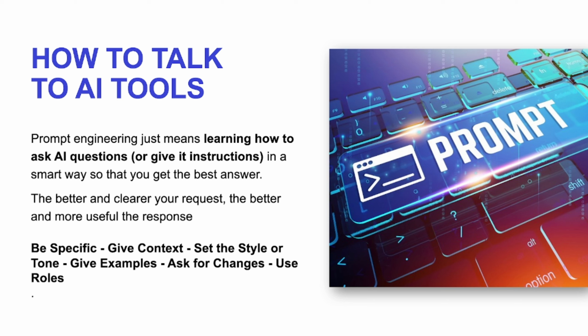You should also set the style or the tone. Tell it how you want the content to sound. You want it to sound professional, you want it to sound friendly. You tell it. These are the details you need to put into place to get very good answers. Now you can give examples. Have you seen blog posts that you love how they are done? You copy them and paste them. From there, the generative AI tool you're using, for example ChatGPT, will generate it for you.